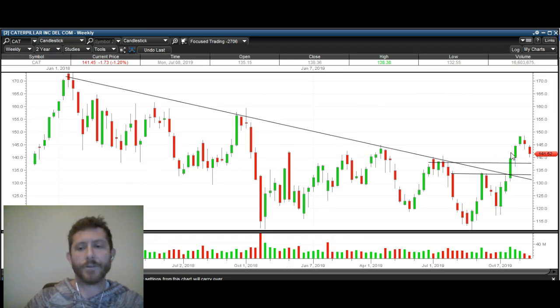And this is a massive breakout, breaking over these highs, breaking over that resistance, breaking over the downtrend line. And this has been a stock that's been beaten up for almost 2 years now. And I think it's finally ready to break out, along with the rest of the market. So that's Caterpillar. The next one we're looking at is